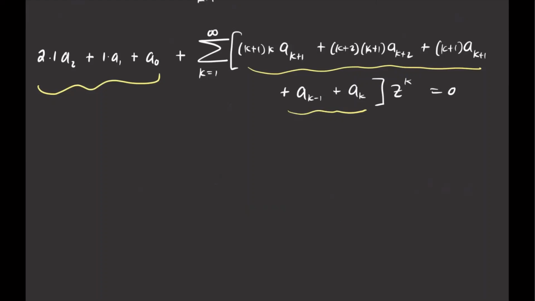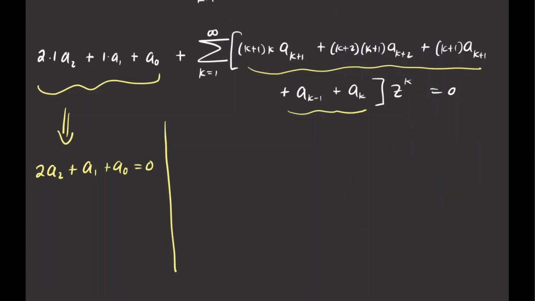So if I set these guys to 0, so we have 2 times a sub 2, let's set them to 0, so you will see one more step, plus a sub 1 plus a sub 0 equals 0. So that's one piece. The second piece is taking the coefficient of the term z to the k equal to